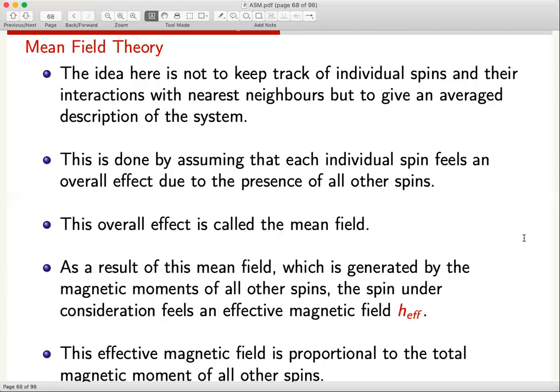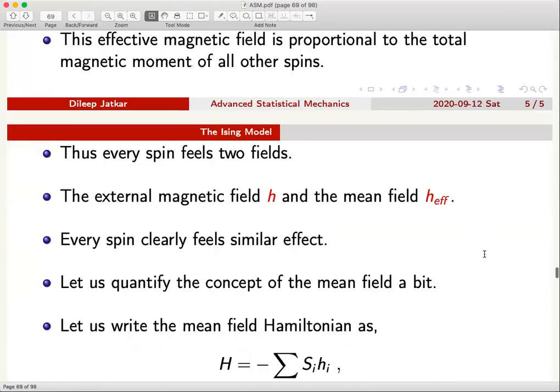So of course it's quite a crude approximation. In some sense, you assume that the effective field generated by all other degrees of freedom is going to be kind of constant, no matter which degree of freedom you choose to concentrate on. You will see roughly the same field generated by all other degrees of freedom. So in the mean field theory, you would expect the so-called mean field to take constant value all over the sample. So that is how one starts off.